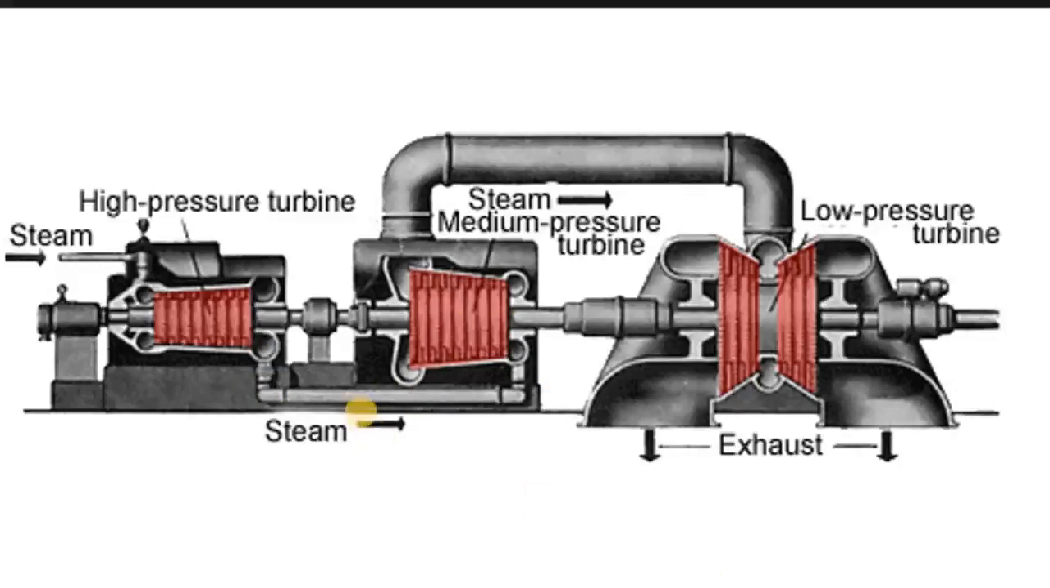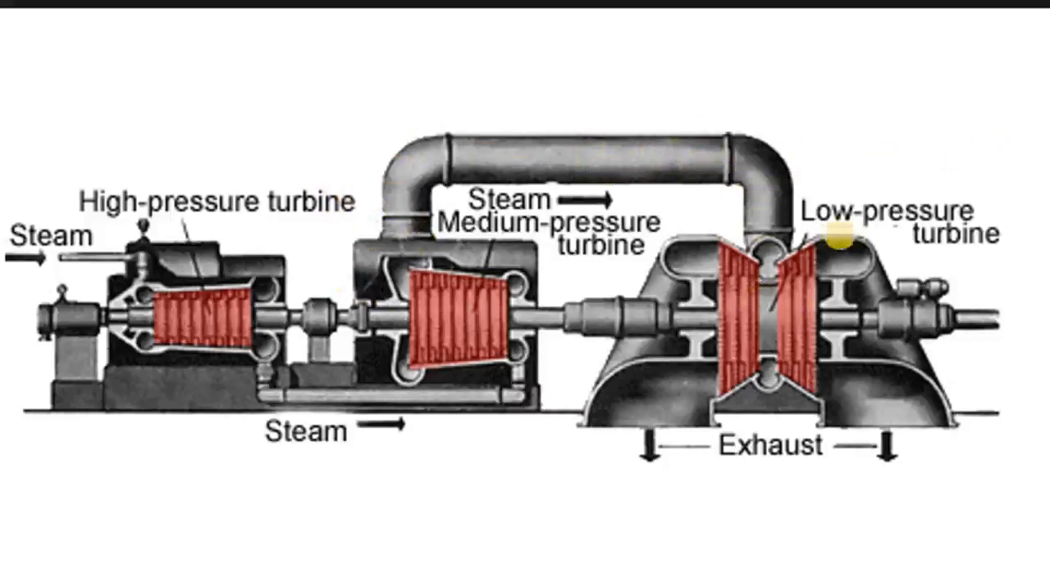Here the pressure has already dropped and the volume has increased, so that's why you see bigger piping, and a larger turbine is required to handle this steam flow. So this medium pressure section of the turbine is bigger than the high pressure turbine for this reason, because the volume has now increased. This medium pressure turbine outlet is now connected with one, or it could be more than one,